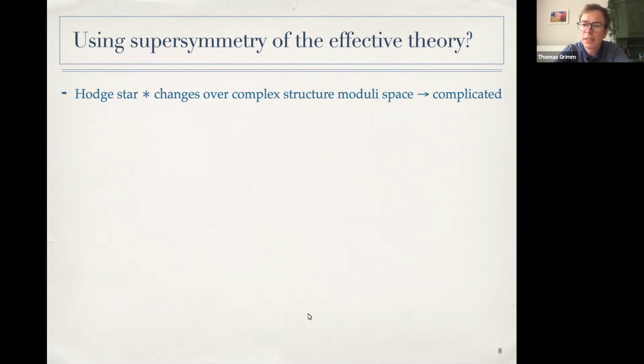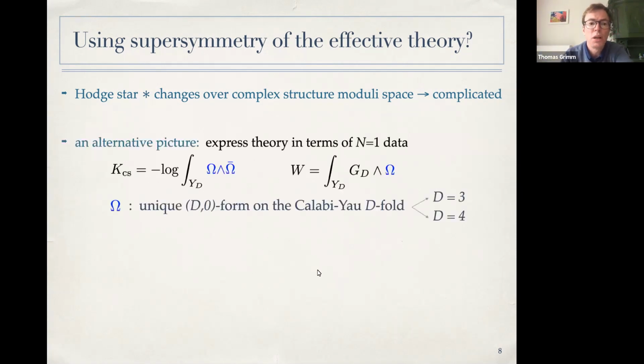Well, you have seen, I talked about this flux vacuum condition, and there the Hodge star appeared. And this Hodge star changes over the complex structure moduli space, but also the functional dependence of the Hodge star on the complex structure moduli is very, very complicated in general, right? So what people did